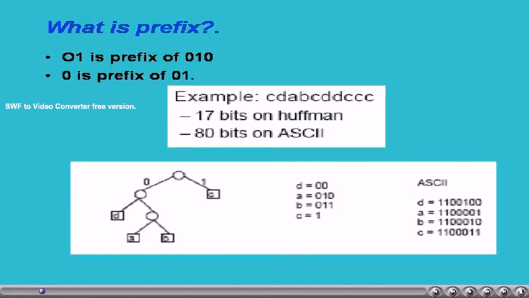Of course, you may be wondering what a prefix is. For example, 01 is a prefix of 010. Similarly, 0 is a prefix of 01. This is called a prefix.